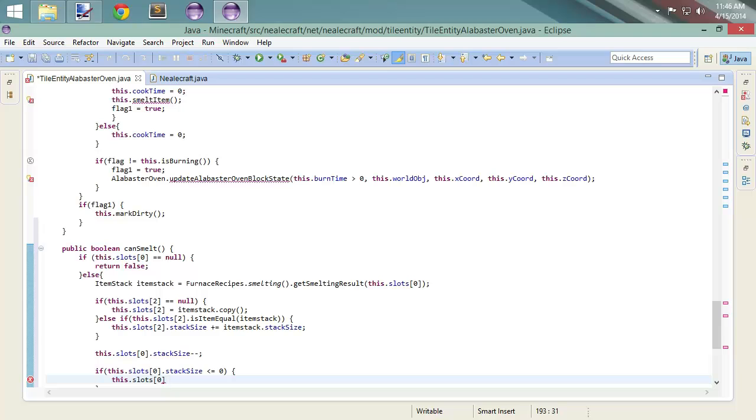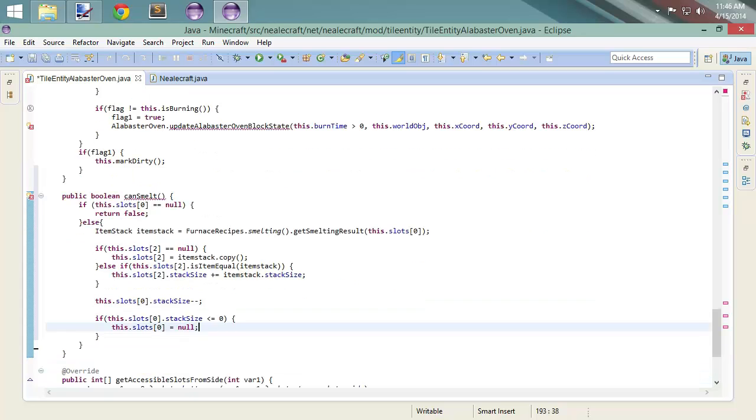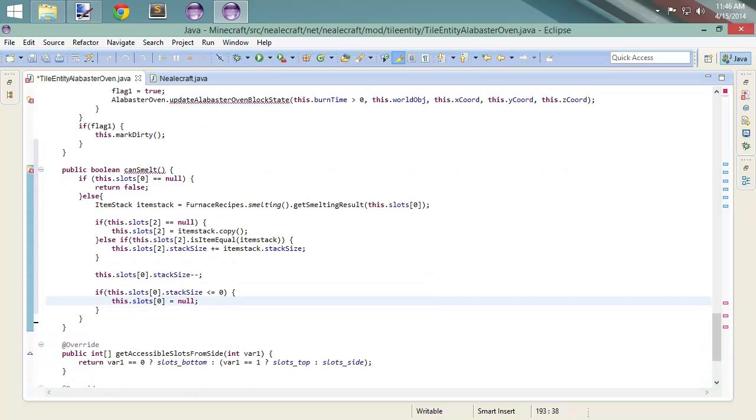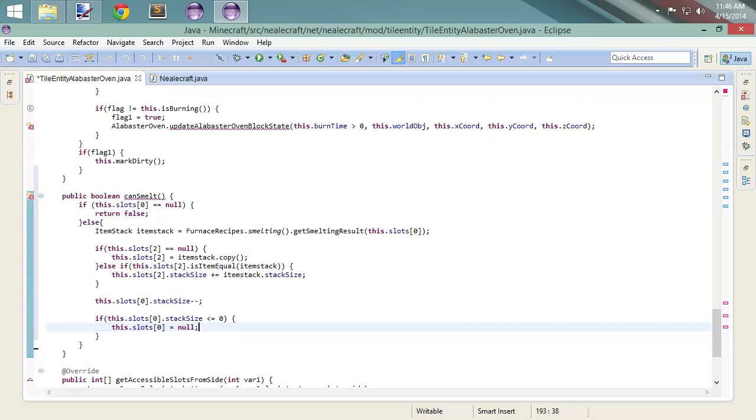So essentially we're just going to remove them until there's nothing, as long as we have fuel. Get item burn time. Something like that. And that pretty much takes care of our